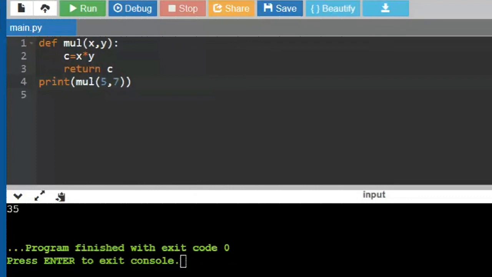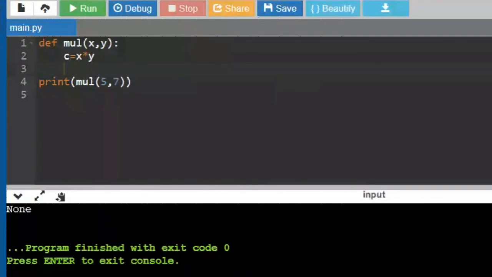You can also put this function call inside the print statement. Say this is not returning anything. I just performed the operation, that's it, but I didn't write a statement which will return anything. Now what will happen? Let me show you. Can everybody see None on the screen in the output? Yes, ma'am.